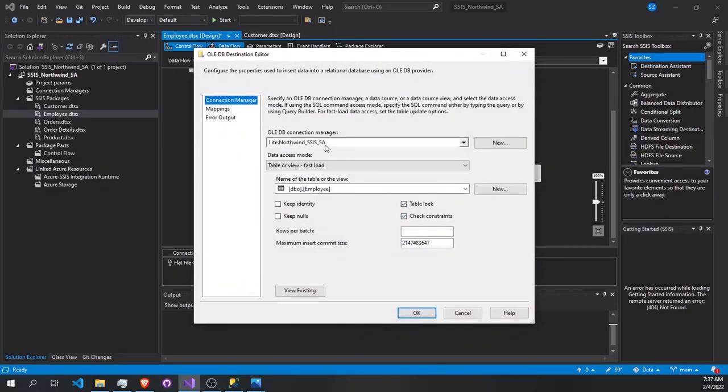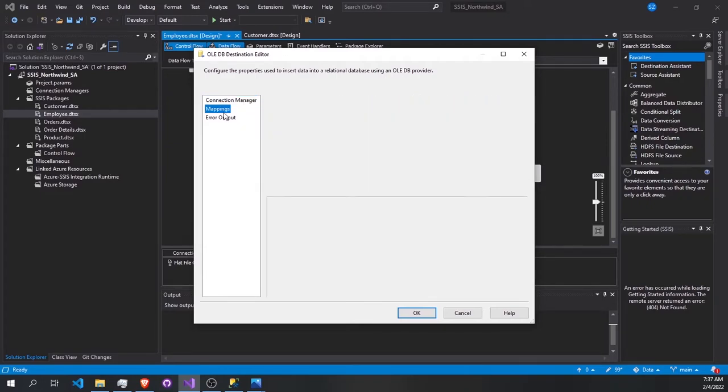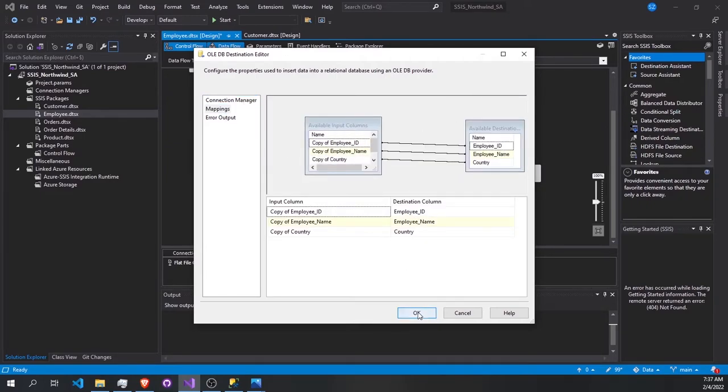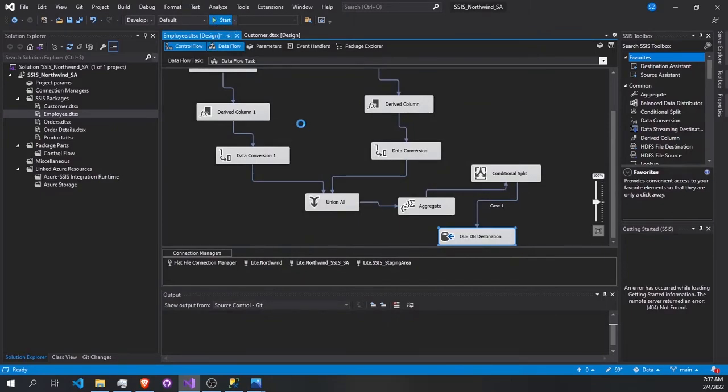Okay, so here in our OLEDB destination, we are loading our data to the employee table using the Northwind SSIS database. For the mapping here, as you see, we mapped our columns. And now if we start our component here,